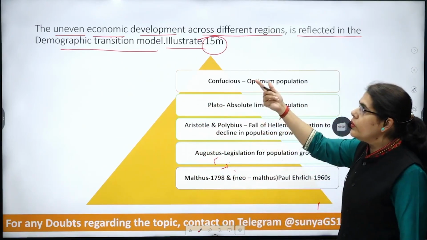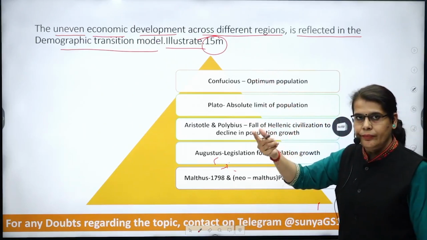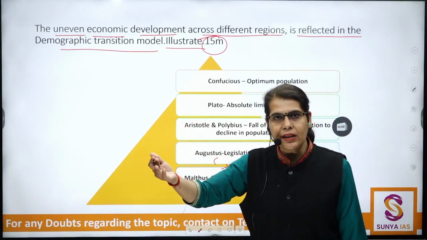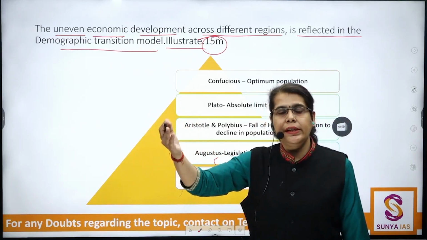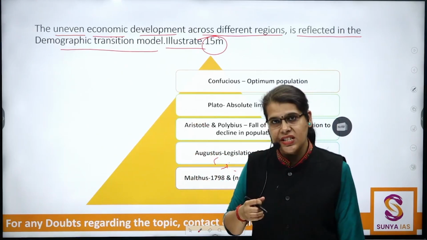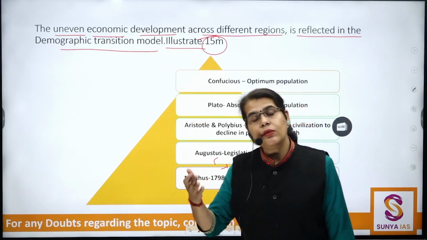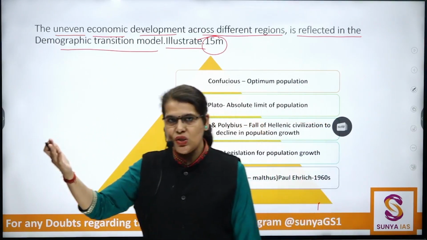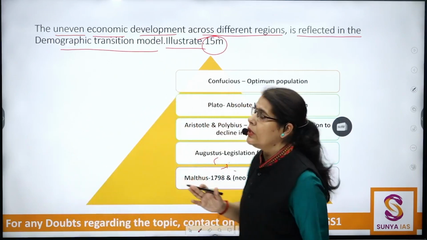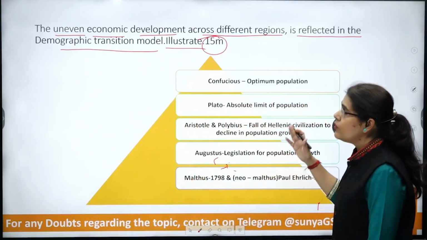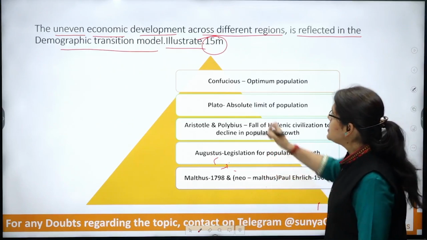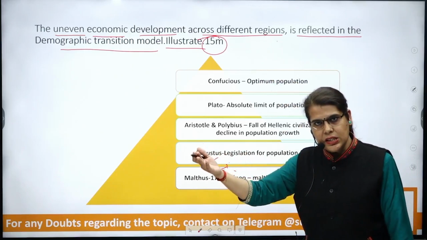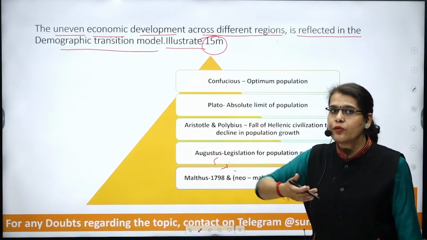So when we are talking about uneven economic development, it is demonstrated across different parameters, bachcho, right? It can be associated with income inequalities, wage disparities. It can manifest in the form of other parameters also. So I hope the term is now clear to you, uneven economic development. Now the second part is across different regions. Across different regions, we will take up the discussion around different regions.